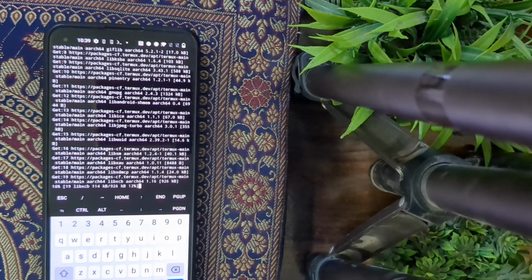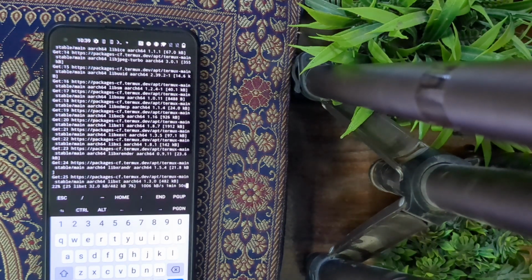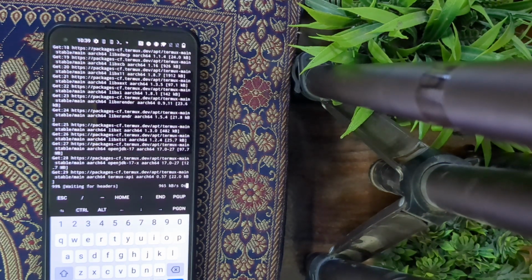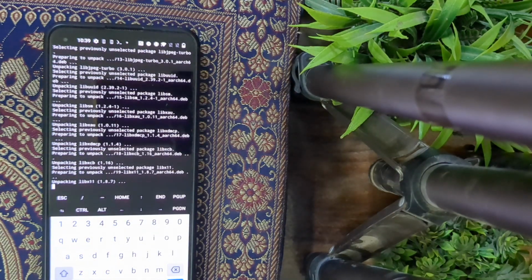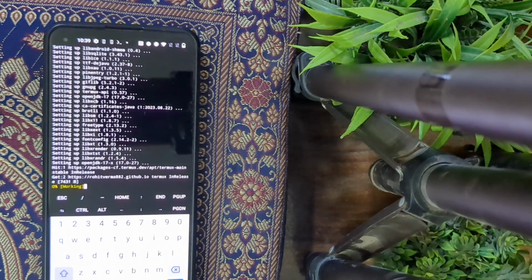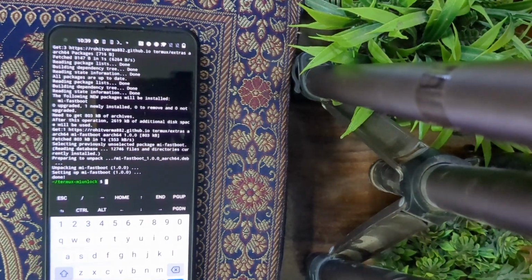So make sure to type in Y while the packages are being installed. It might take up to a few seconds, so let's just wait for the packages to be installed. You could keep track of the same from the progress bar as well. So let's wait for all the packages to be installed. In the meantime, while the packages are being installed, you could move ahead with your